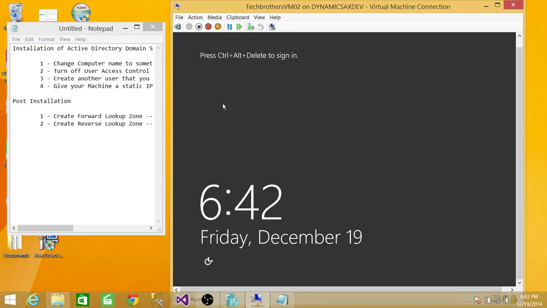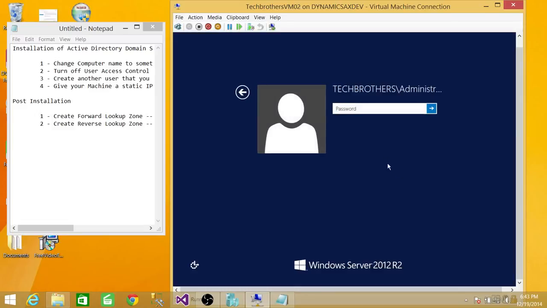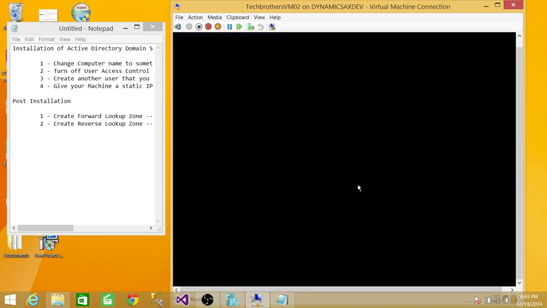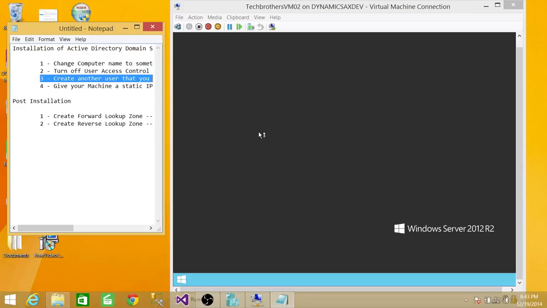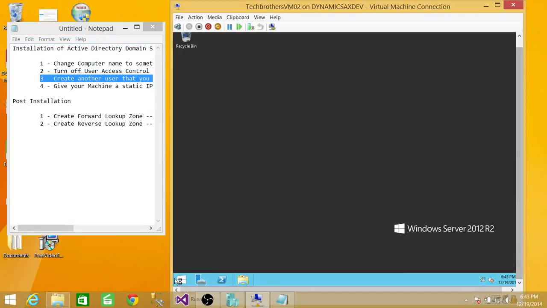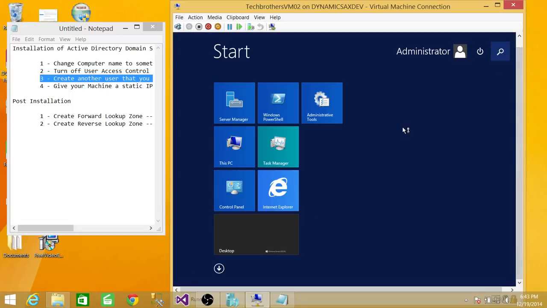Alright, as you can see the computer has restarted, so we're going to go ahead and log in as administrator. I'm going to complete step 3 right here, and then we're going to complete these 2 post installation steps. So I'll click here, go to users, and